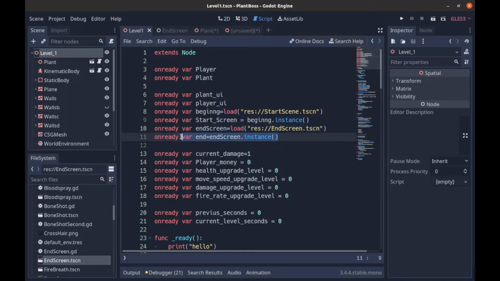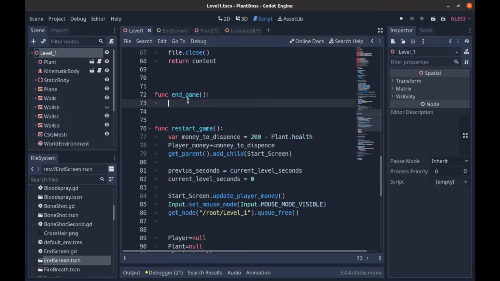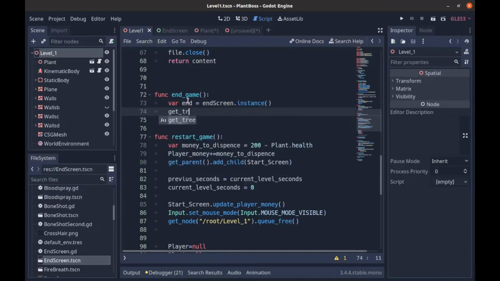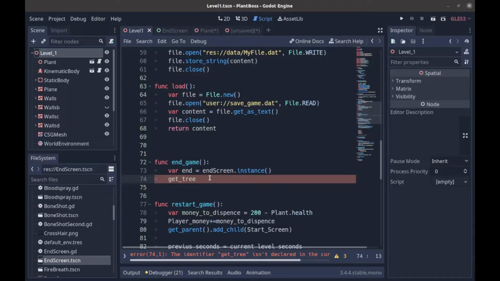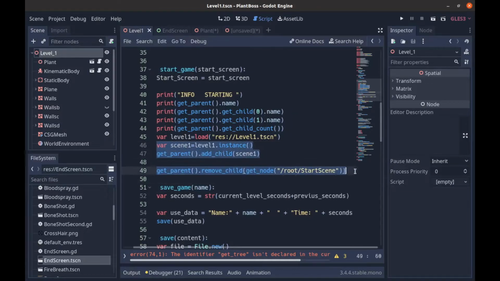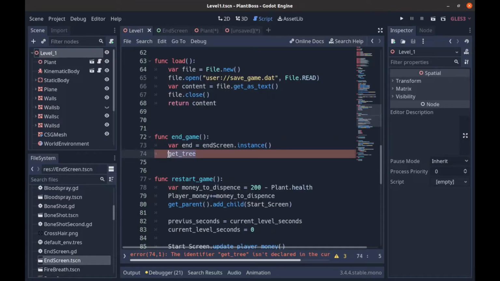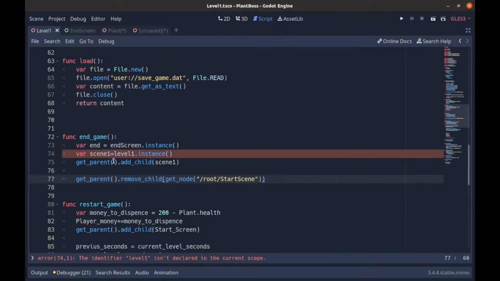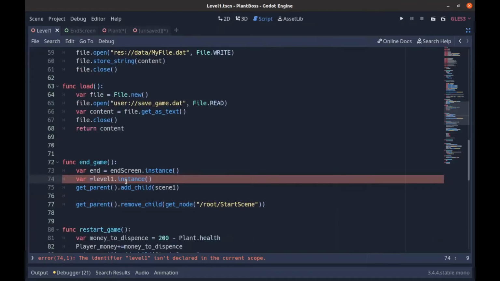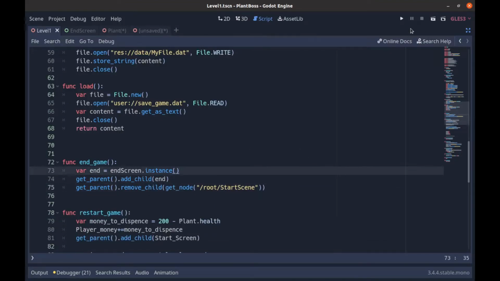Well, actually, we probably shouldn't do that. Let's Control X, and we'll bring it down here and plug that in right there. And then we're going to say get tree. What do we do? Basically, we'll go up to our start game function, select these, Control C, and bring it on down and put it in here. Let me open that up, and we'll get rid of that because we don't need it, and we'll plug in end here, and then we'll get rid of root slash